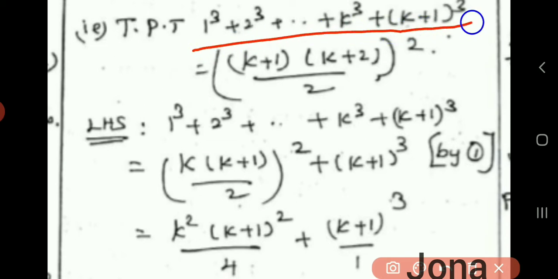For this, in the place of k, I want to substitute k plus 1. For P of k, we substituted k instead of n. Here we want to substitute k plus 1 instead of k. Now let me have P of k plus 1, that is 1 cube plus 2 cube plus 3 cube plus etc. plus k cube, plus in the place of k we have to substitute k plus 1 the whole square. Before this k plus 1 we have the term k cube, which is equal to, on the right hand side in the place of k we have to substitute k plus 1, isn't it?